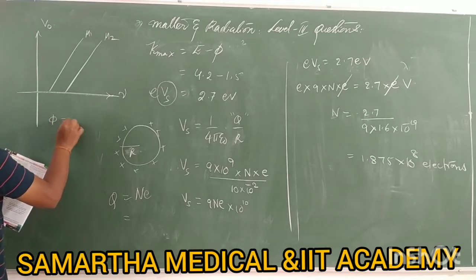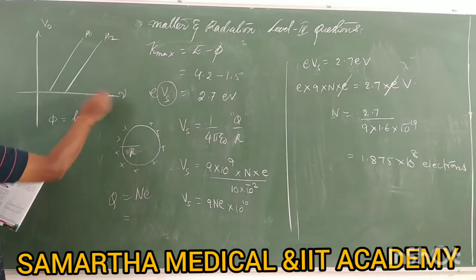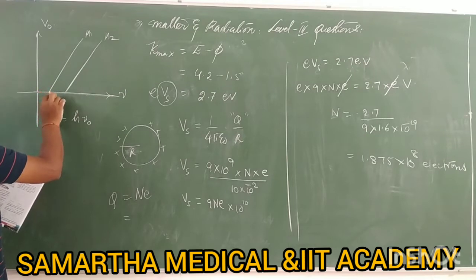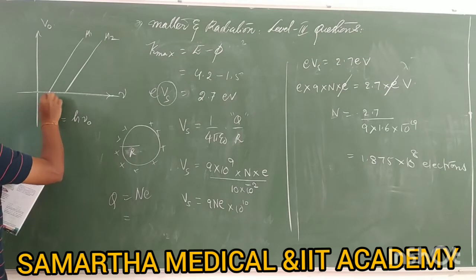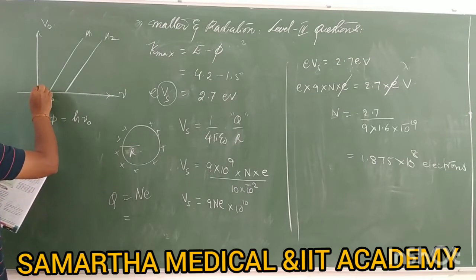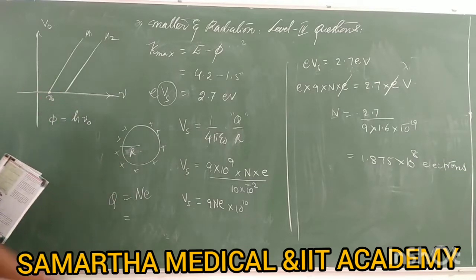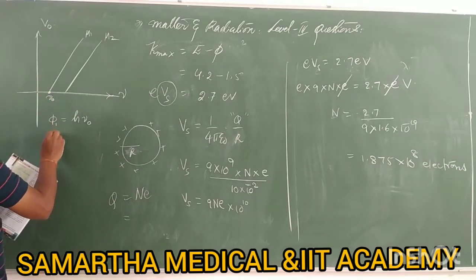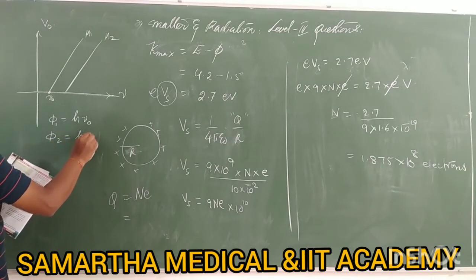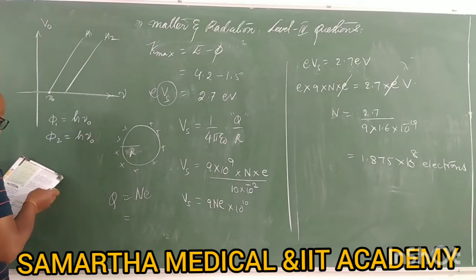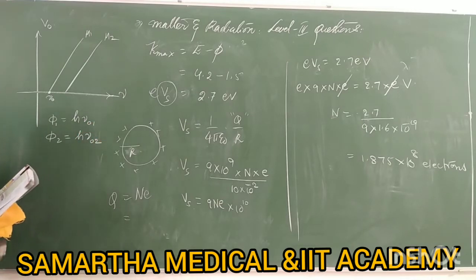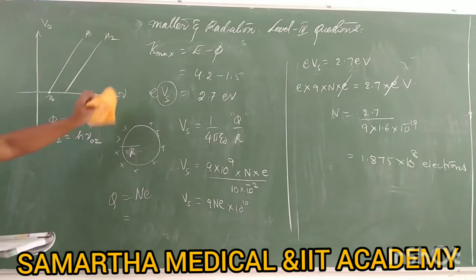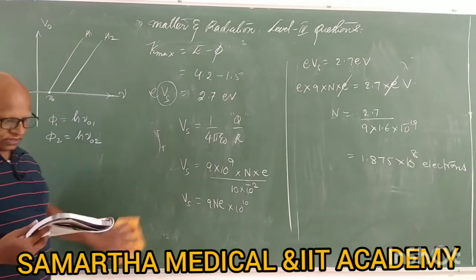Okay, work function is h nu naught. This is the nu naught, means the stopping potential starts with the threshold only, and the stopping potential starts from the very first frequency, that is threshold frequency itself. So for phi 1 it is h nu naught 1, and for phi 2 it must be h nu naught 2. Those must be the work functions. It's quite simple as it is.